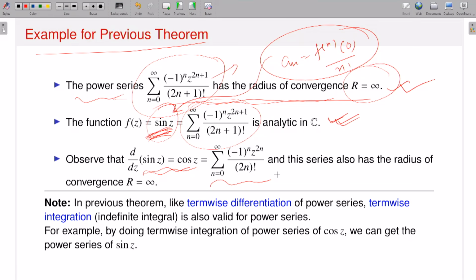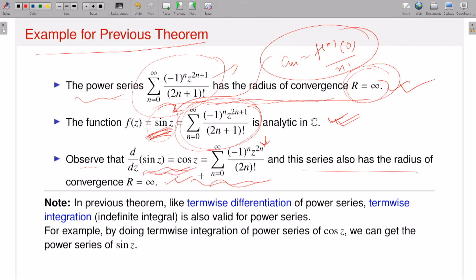By the earlier theorem I have said, if I have a power series and I take the first derivative of each term, then we get the same radius of convergence. Since the radius of convergence of this power series is infinity, if I take the one time derivative of each term, it will also have radius of convergence infinity. That means it is analytic everywhere in the complex plane, and the left hand side is the cosine function. So this is the corresponding series expansion of the analytic function cosine z around the point z equal to 0. Observe that the radius of convergence is also infinity.